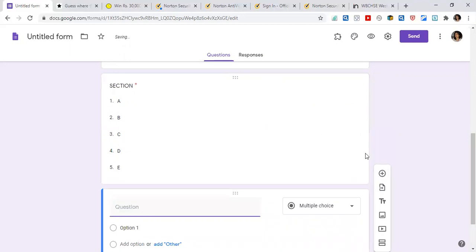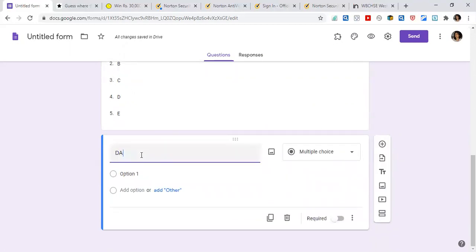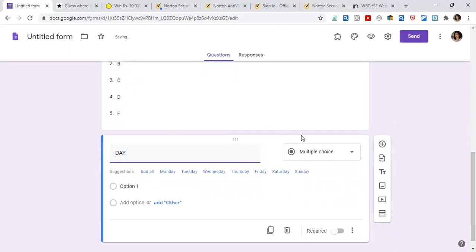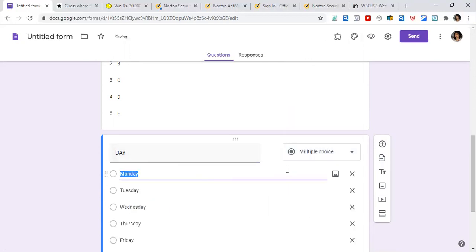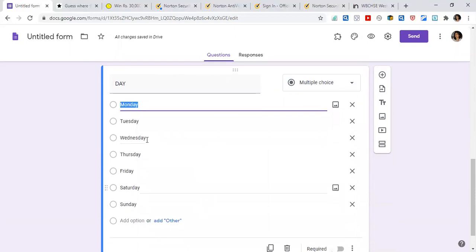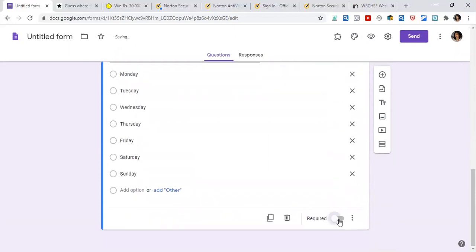Then we need to write day. Now we are already seeing an option coming. If this does not come, then you need to click on the drop-down box again, or you can write it as multiple choice. But since we are already getting the option, it's already given here, Monday to Sunday. Then again the required button.